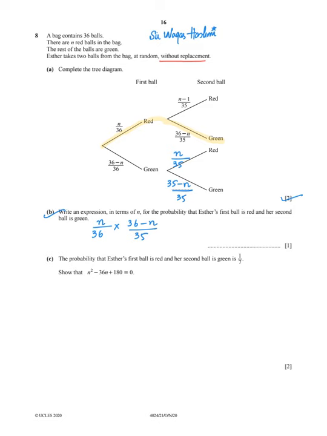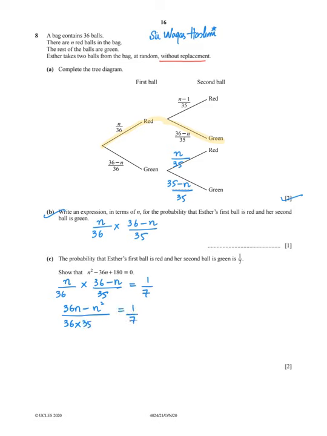But now the probability is given, that is 1 upon 7. So the equation we have made in part B, it's n divided by 36 times 36 minus n divided by 35, and now the probability is given that it is equal to 1 upon 7. Now we need to solve it. So 36 multiplied by n, it's 36 minus n square divided by 36 into 35 equals 1 upon 7,